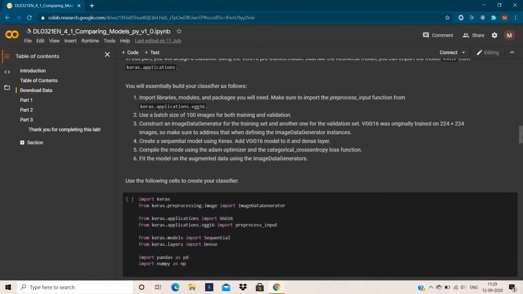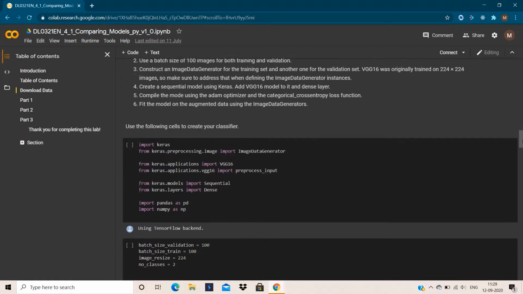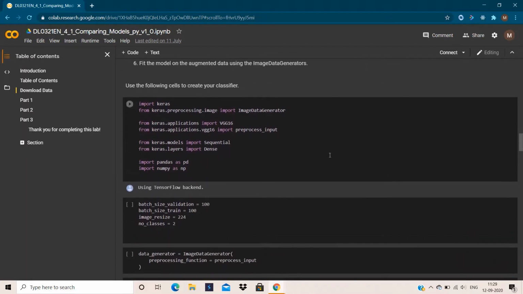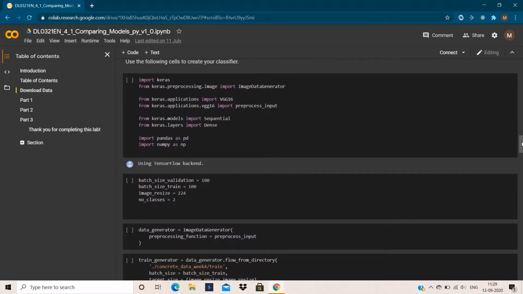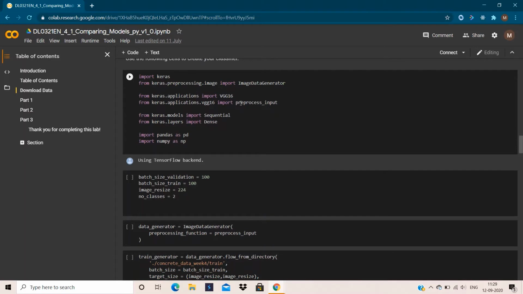import some libraries. In this tutorial we are using Keras, and in the previous tutorial as well we had used Keras only. So after importing Keras and the image data generator, in this tutorial we are going to use a pre-trained model, that is VGG16, which is a 16 deep layer neural network.